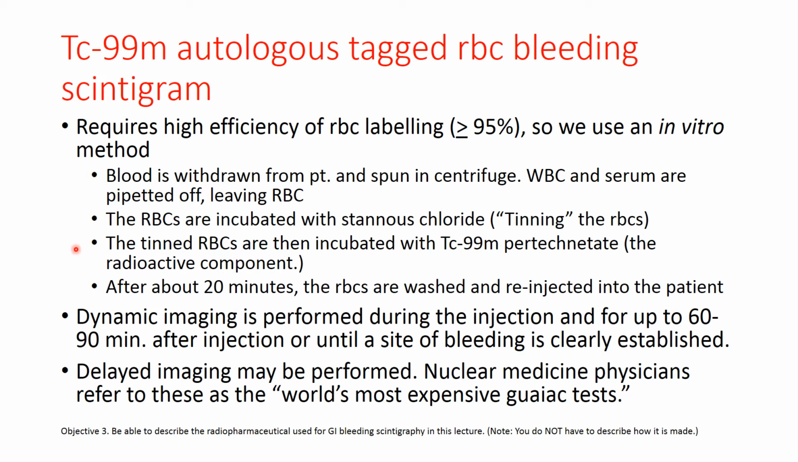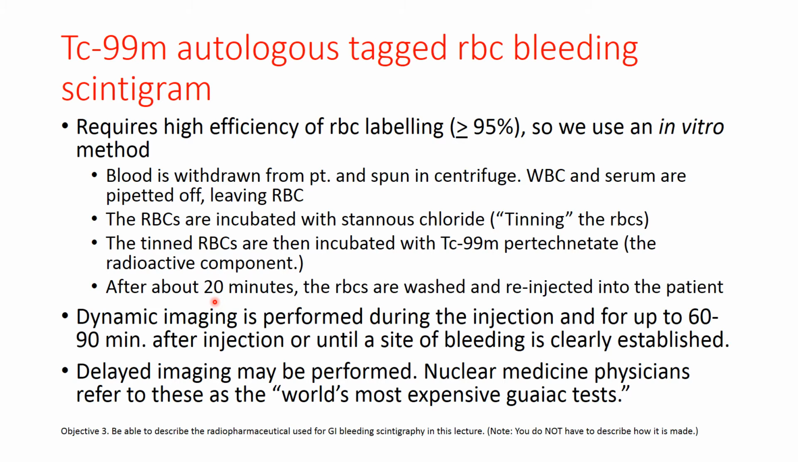So we tin the red blood cells, and then we incubate these with the technetium-99m pertechnetate, and then we wash them with some of the reserved plasma and re-inject them into the patient. This whole thing takes about 20 to 30 minutes. Now that may seem like a long time when the patient is actively bleeding, but you have to remember it takes a while for these patients to get kind of packaged up, put on a gurney, get all their IVs and their blood or whatever, if they're receiving a transfusion, onto the gurney and get them down to the radiology